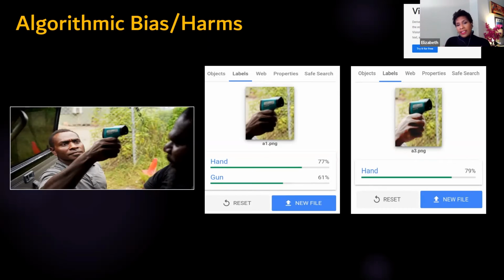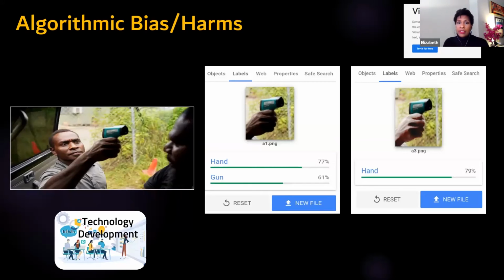So when you see these things I'm showing you, I want you to keep in the forefront of your mind that because of the absence of some sort of AI ethics, the standards, the processes, the policies, and the values that govern technology development, everyday citizens are doing the work of calling these things out. And the impacts to communities of color and vulnerable populations is great.